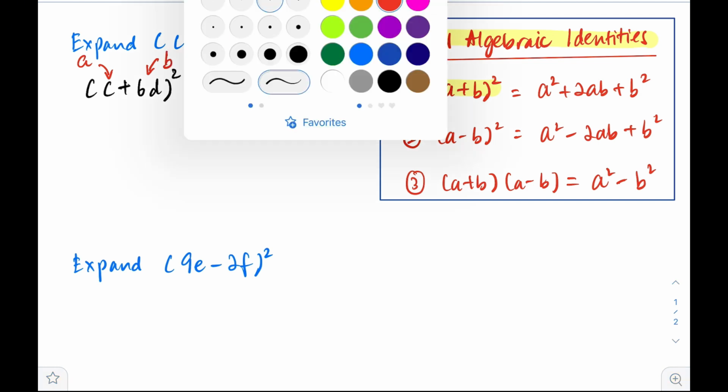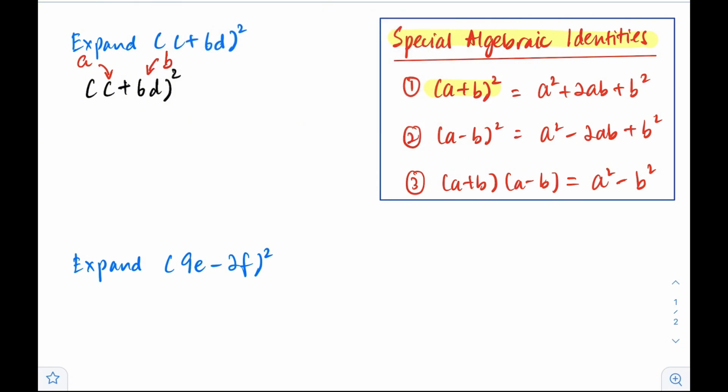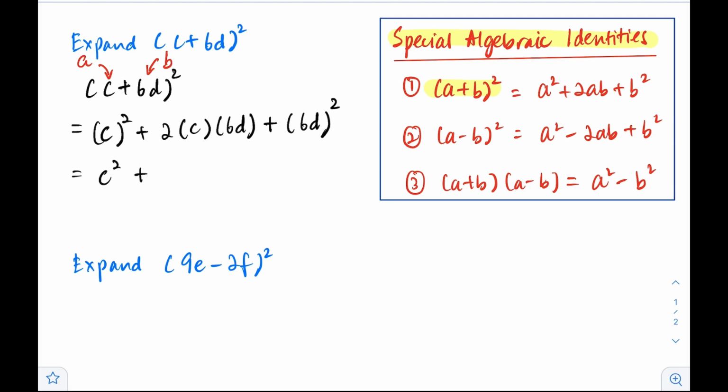So if we were to apply our special algebraic identity to expand c plus 6d squared, we are going to get a squared, which is actually c squared, plus 2 times a, which is c, times b, which is 6d, plus b squared, which is 6d squared. This would give us c squared plus 2 times c times 6d is actually